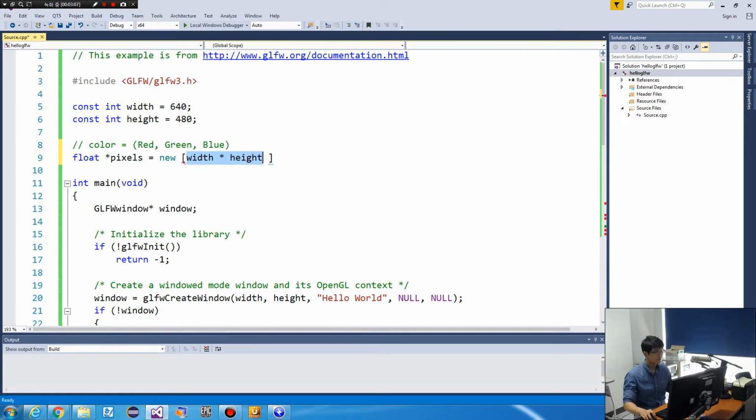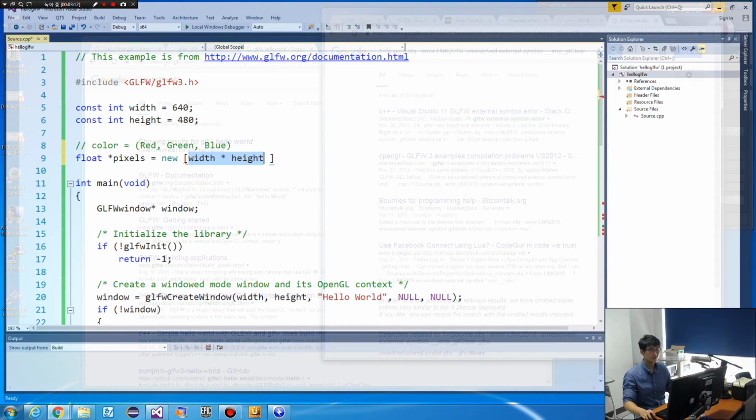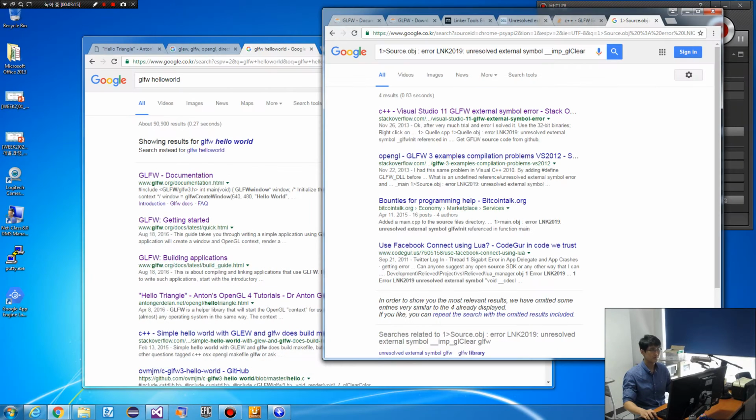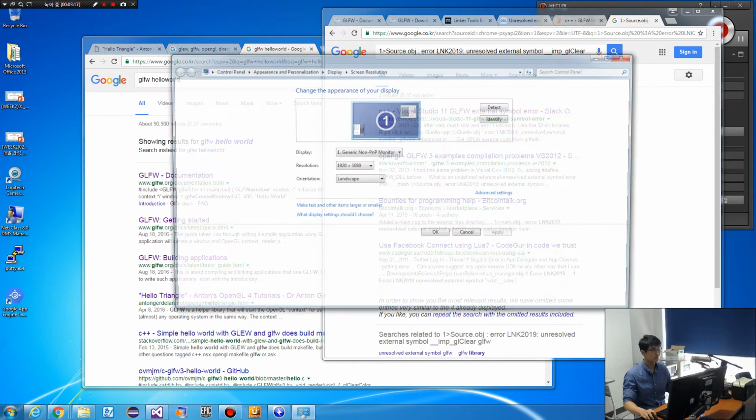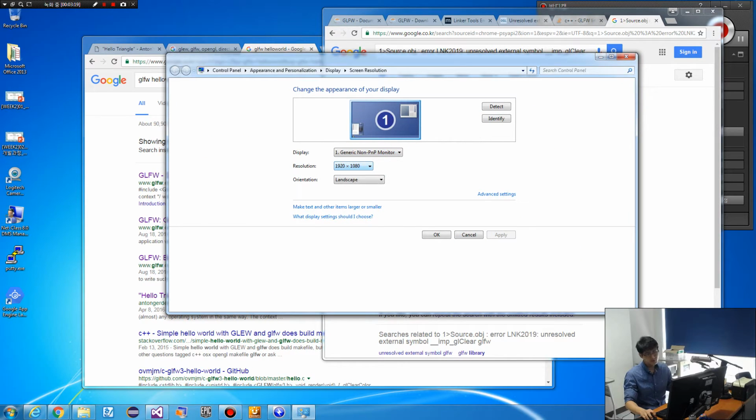So this is the whole resolution of our window. For an example, right click, screen resolution here. So this display has 1920 by 1080 resolution, right? This is width and this is height.